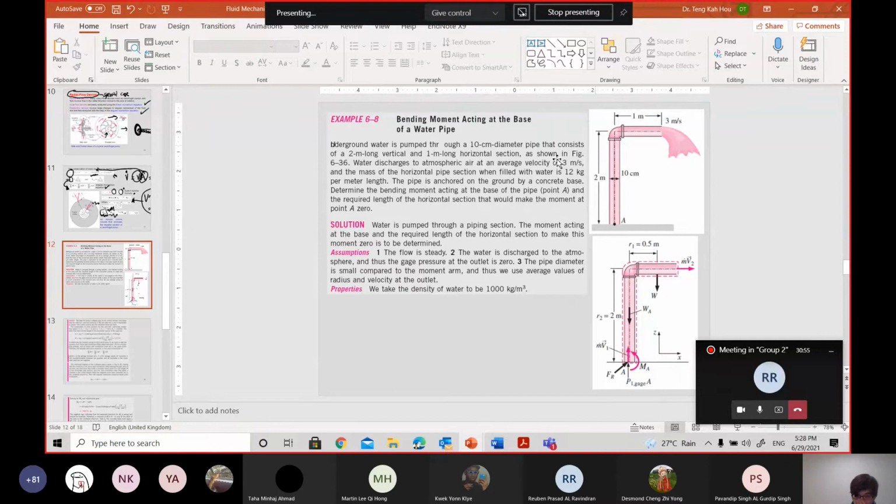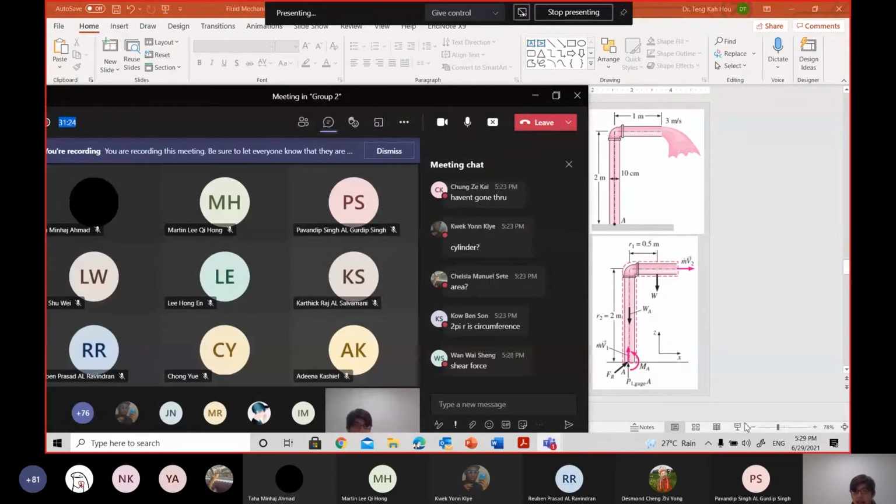What does it mean? The question asks you to look for the anchoring forces for all these things. As I mentioned last class, this can be linear as well. But the question highlights that they want the bending moment at point A. So try to solve this. I've given you 5 minutes, until 5:35. I'm coming back for this.